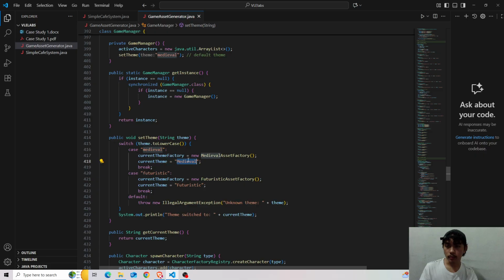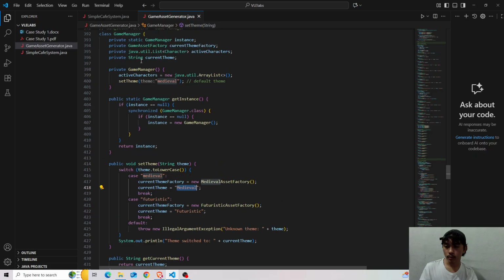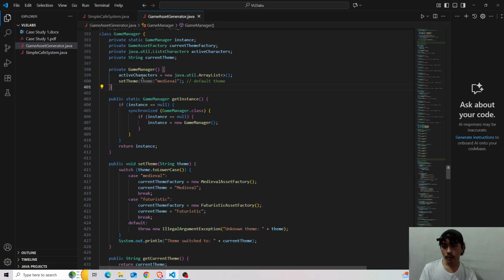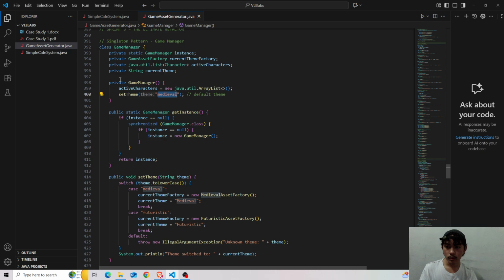And for the theme, we have already a default theme up above. So we've set this as the default theme, which is medieval, for the game manager. So when the game manager starts, the user won't need to set the theme first before running the game.